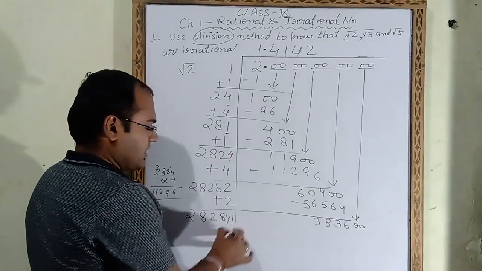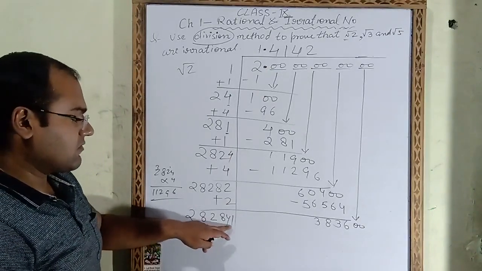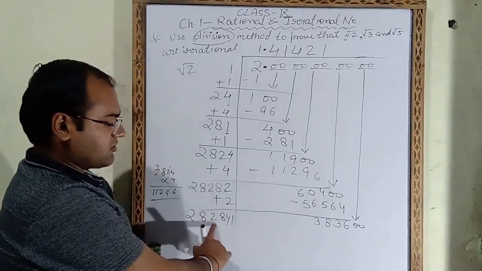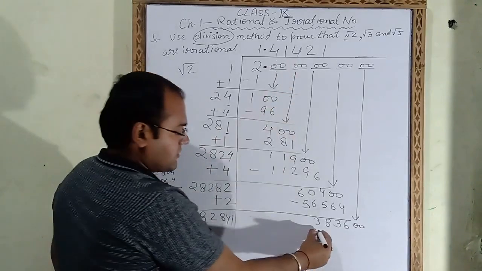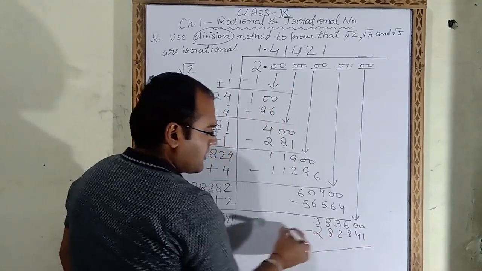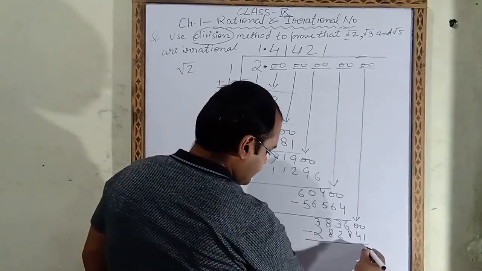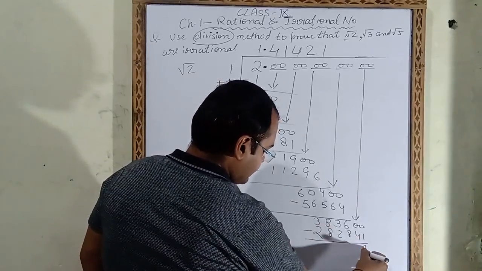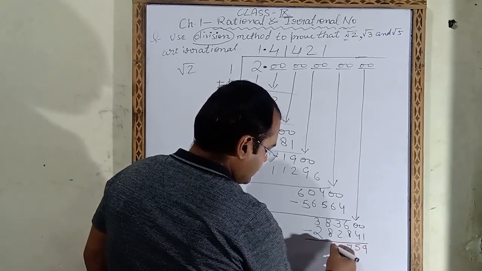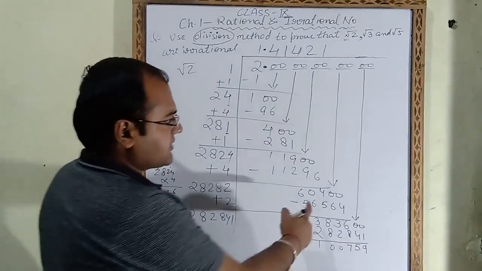So suppose I take 1 here. So this will become 282841. So this one we have to take here also. That means here 282841 into 1. The answer will be 282841. Now we will subtract it. On subtracting we will get 957001. So this is the remainder, and still it is not over.